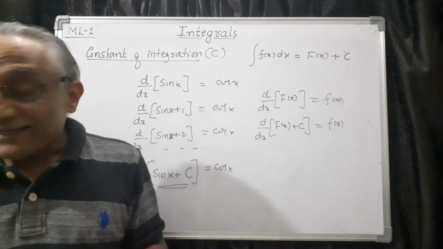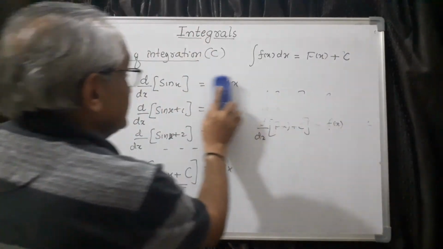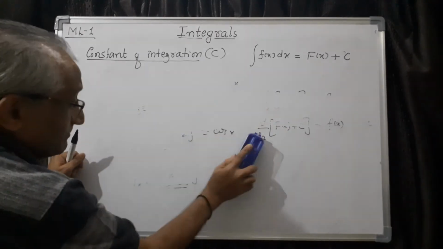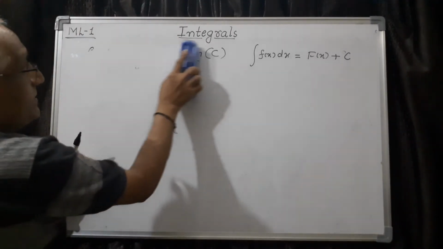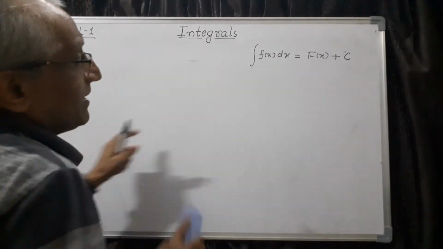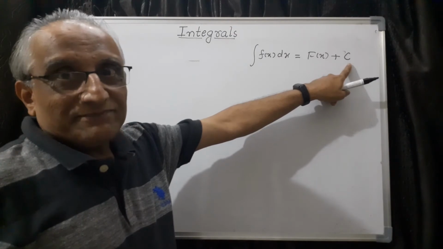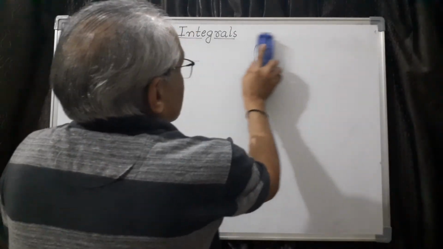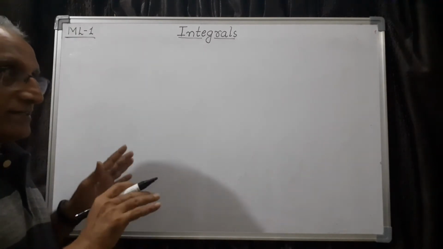That is one thing. Second one is, this is a constant, no doubt, but we don't know what its value is. Therefore, this type of integrals are also known as indefinite integral. So here afterwards you have to remember one thing. After integration, even if I don't write it, you have to add plus c. So that is the convention. So this is the first basic step of integration which you have to understand.